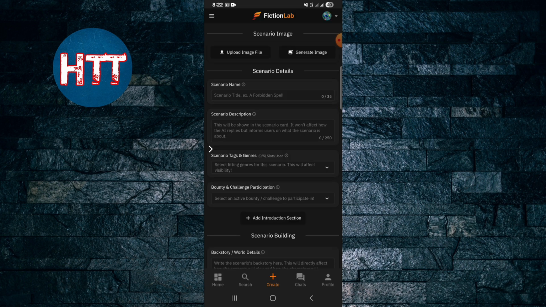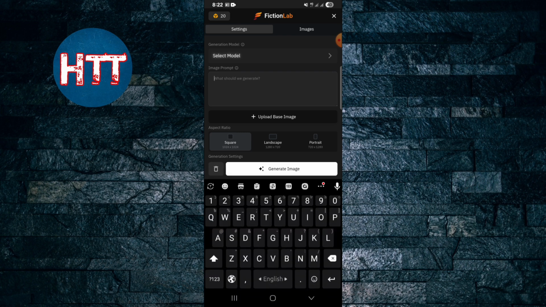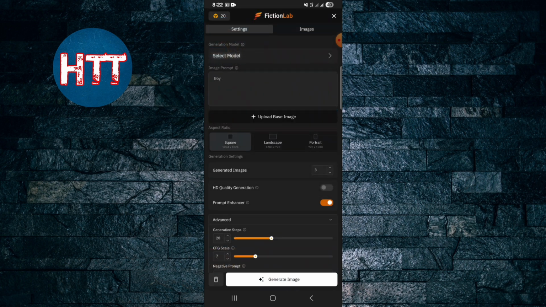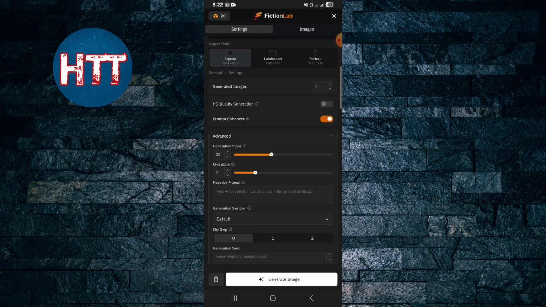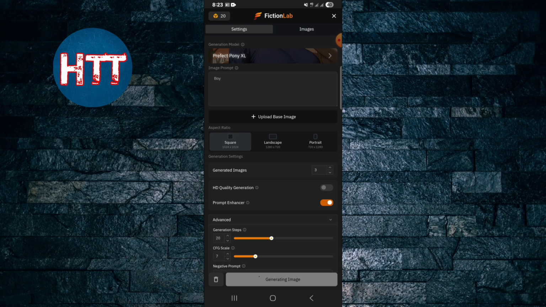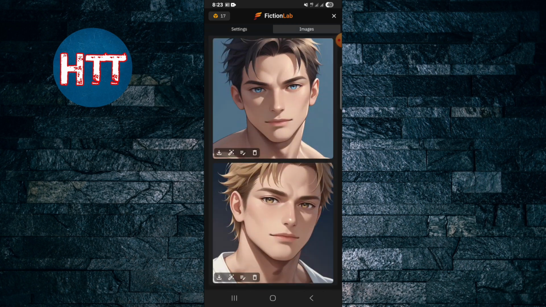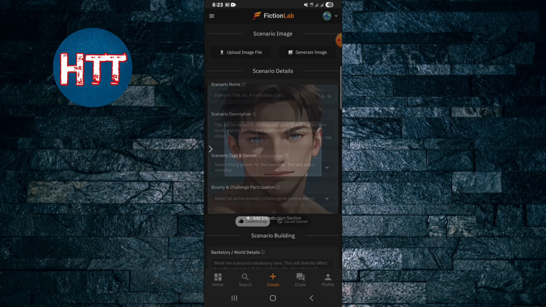So you can see here upload image, generate image. I just create something. And then it's creating, and after that you can see here, then tap the generate images. So it's loading actually. So you can see here it's created. Okay, I'm just select this image,